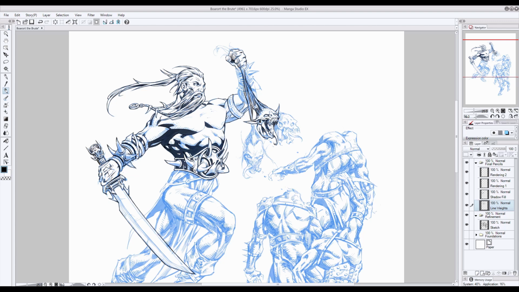So now I'm outlining the orcs' heads, and as I said, the outline of anything that I'm drawing is usually the first step in the final penciling phase of the illustration. What I'm focused on during that portion of the penciling stage is making sure that that outline and the contours that make it up are weighted. What I mean by that is that there's a certain level of variation in terms of thickness along their trajectory. The last thing I want in the outline of my drawing is a consistent thickness, because that's going to,